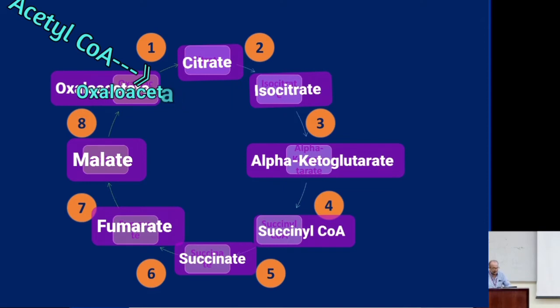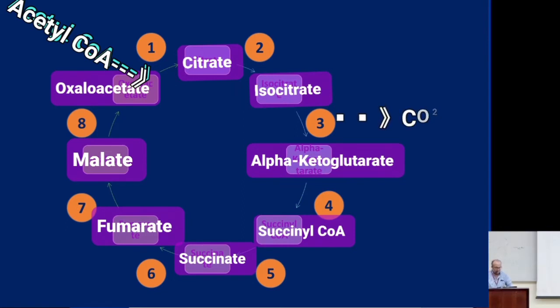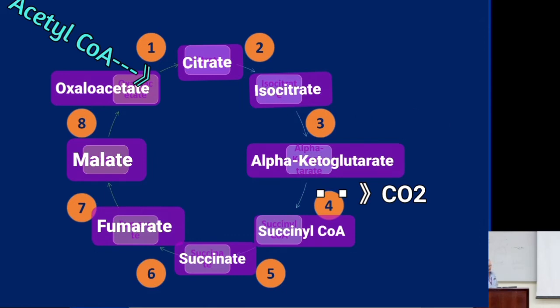So in essence, the cycle has been used to oxidize acetyl-CoA by producing 2 CO2s. Here's one, here's another one. And think of them as the carbons that originated in acetyl-CoA. So you have processed that acetyl-CoA through the TCA cycle. Once you regenerate oxaloacetate, the cycle can continue, meaning if you have another acetyl-CoA coming in, the cycle can restart